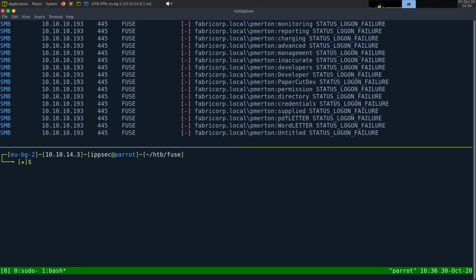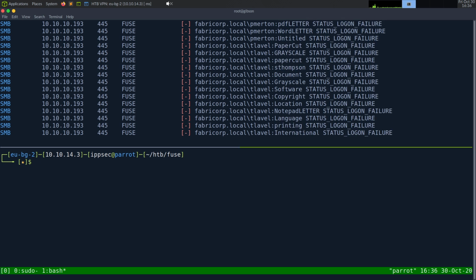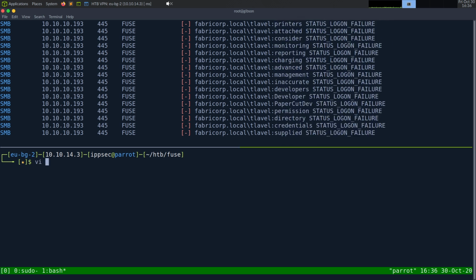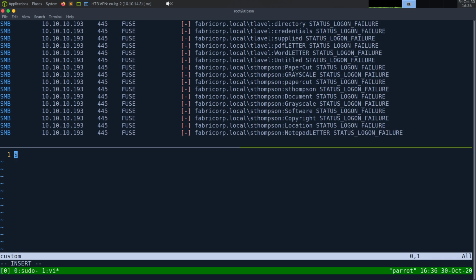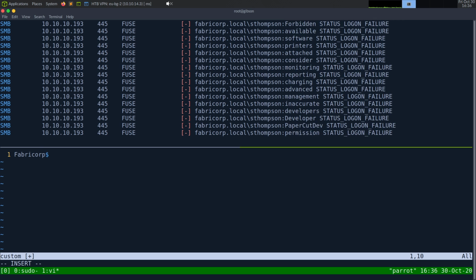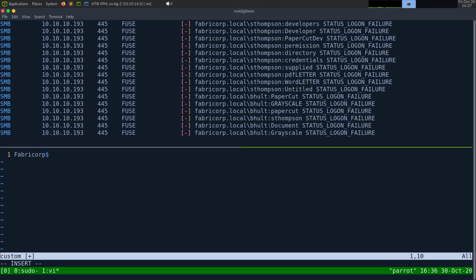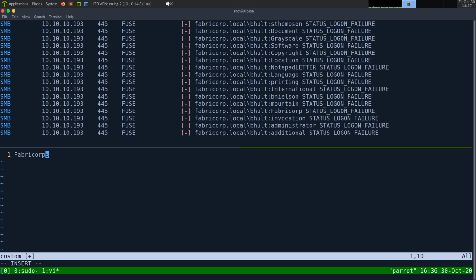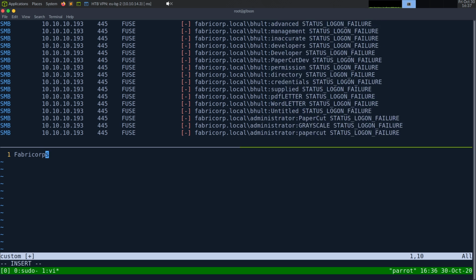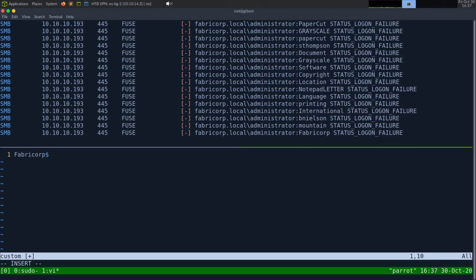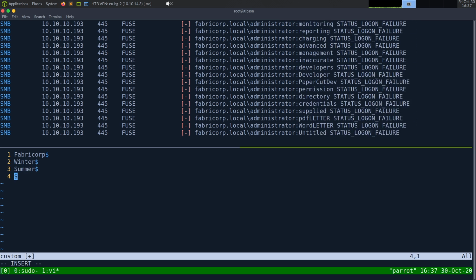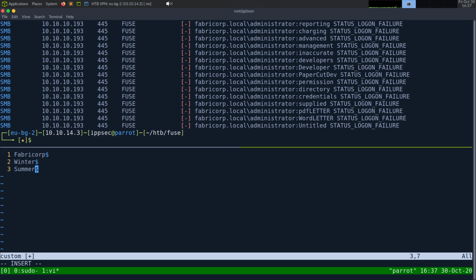But the way I like going about this is using a custom word list. So I'm going to do vi custom, I guess. I'm going to put 2 things. I'm always going to begin with a capital letter because, let's be honest, most passwords that are default will begin with a capital letter just because of password policy things. Like, password policy is almost always going to require a capital letter, so people put it at the beginning because it's natural. So the domain name, winter, summer, and you can go on with a bunch of other ones. And